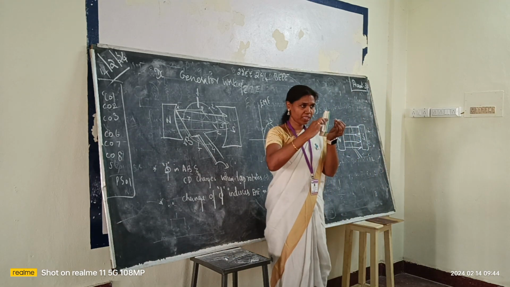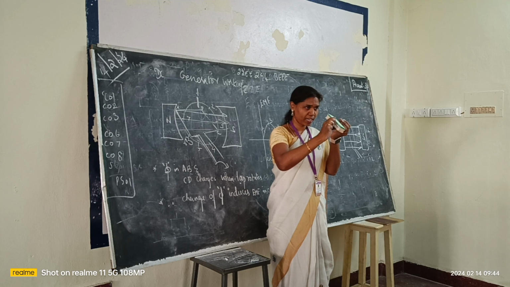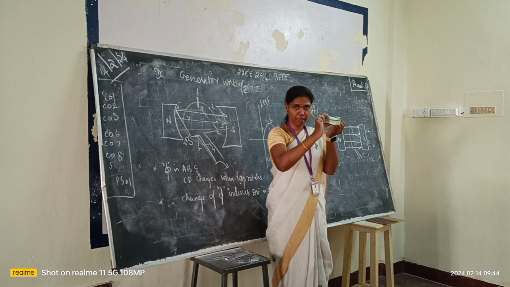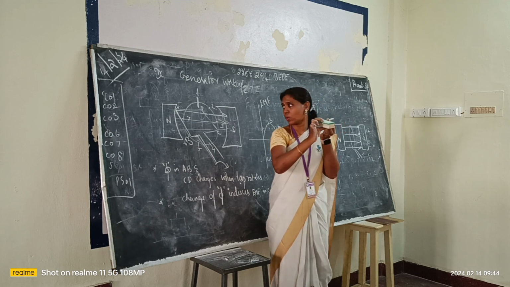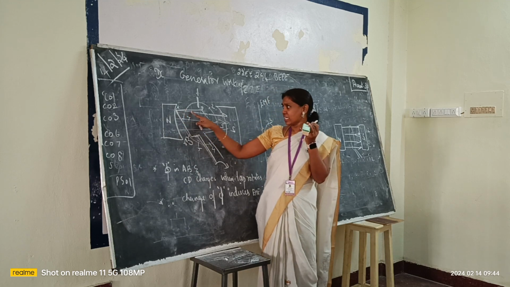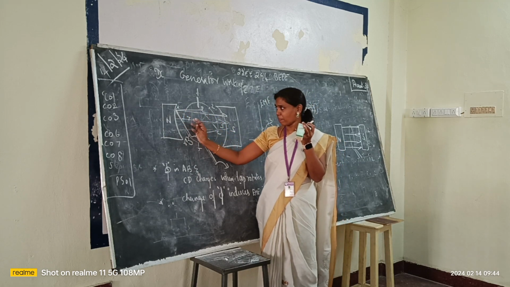And then what happens slightly. So if I keep on rotating like this, what happens? Initial position is parallel. You would not be able to notice that the conductor is cutting the magnetic lines. Next, what happens? Further it gets